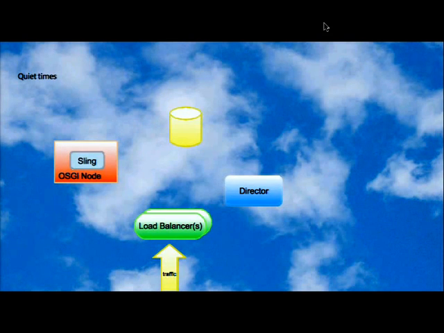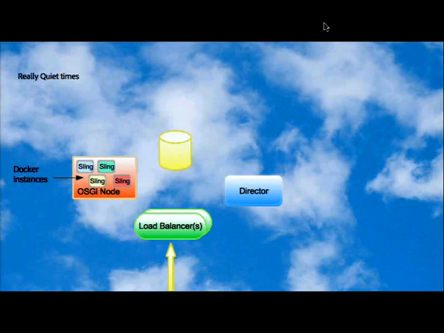And then you can even go a step further. Let's say there's some really, really quiet times. Maybe this is Christmas or New Year's Eve or something like that. You still want your website to be available, but you don't really need to have it up and running for many users at all. So to achieve a very high level of density of deployment, you can stack